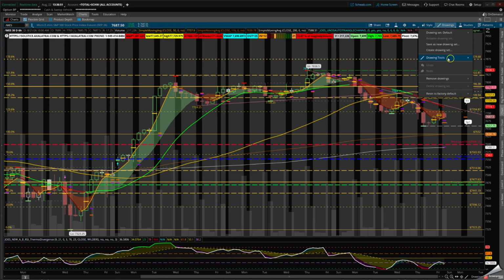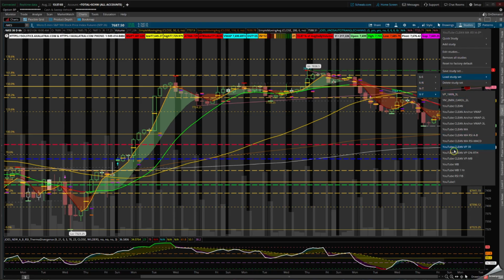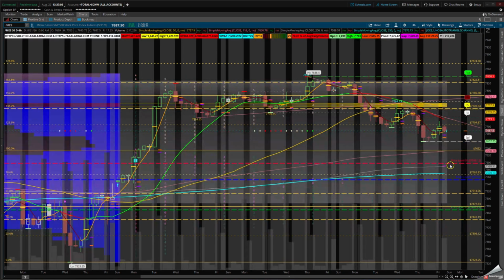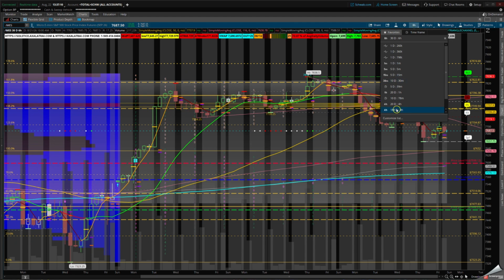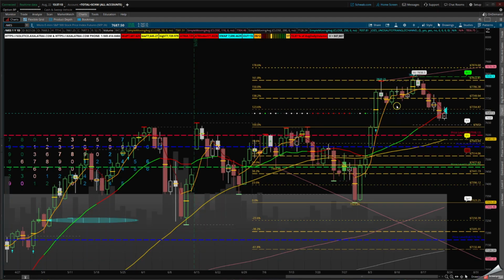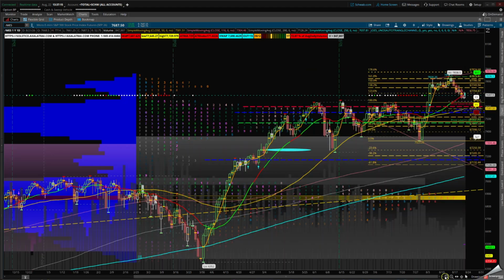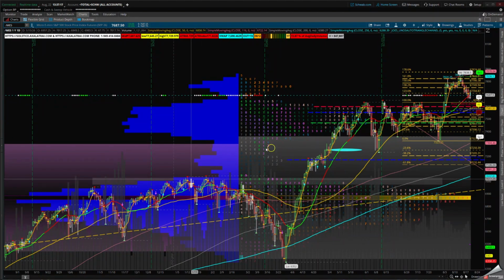So the most important thing is understanding risk and supply and demand. I'm going to go in here, go in the studies. From the studies, I'm going to load the expected move on the monkey bars on the daily chart to show you where that market profile is for the highs and lows. Let's go to the daily first. Let's zoom down. We can see on the daily chart, I know I have last month's Fibonacci to the upside and down. You can see where the point of control is here, as well as the point of control.